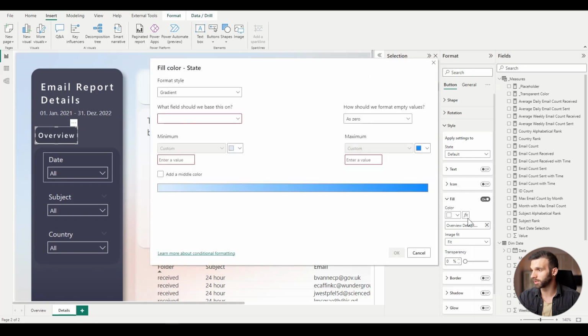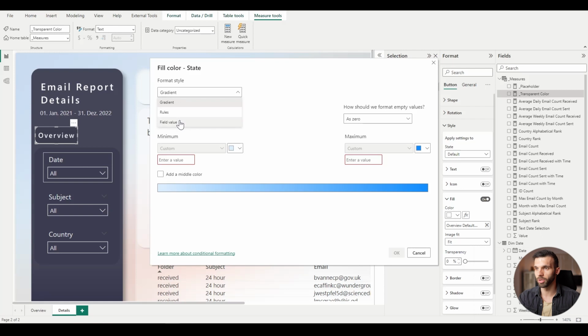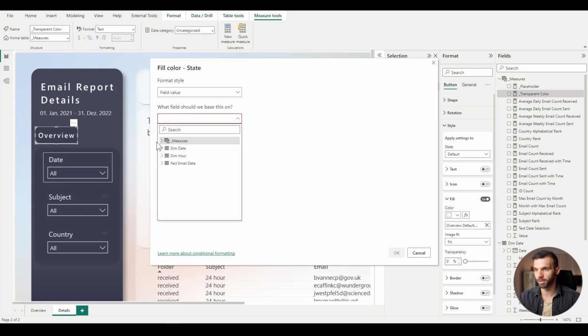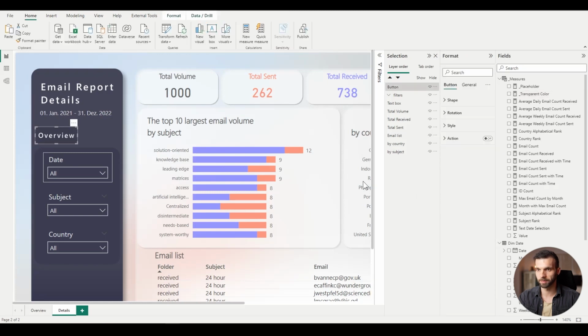So what we can do is to give a field rule. I created a transparent color, which is this hex code of the white plus the level of opacity, which I put to 0. So that should be transparent. We can go here, field value, measures, and transparent color. Okay. And as you can see, it's gone. Very nice. We can copy this one now